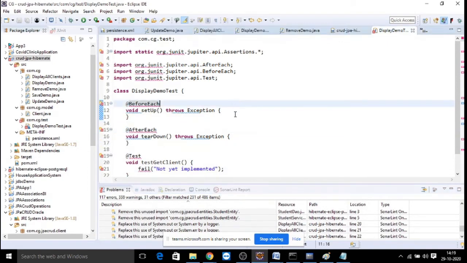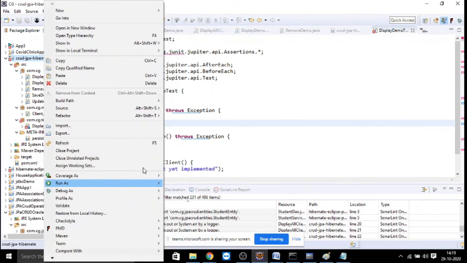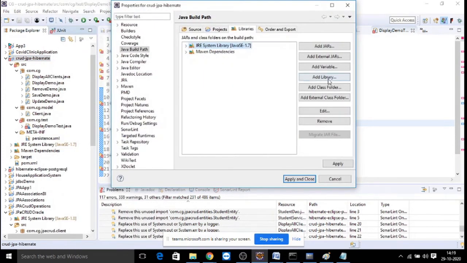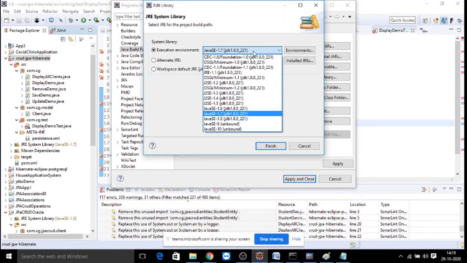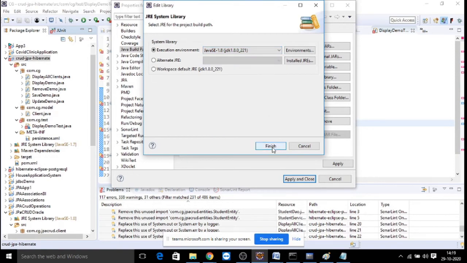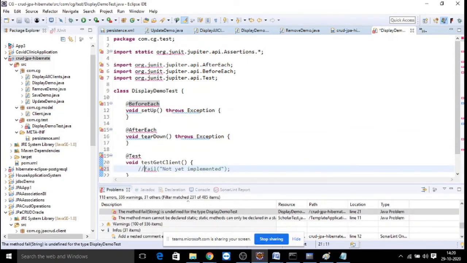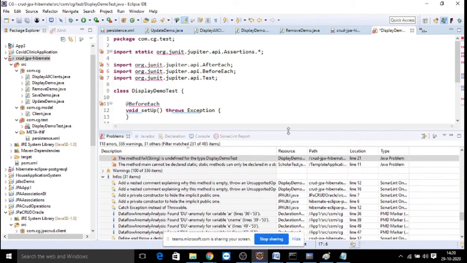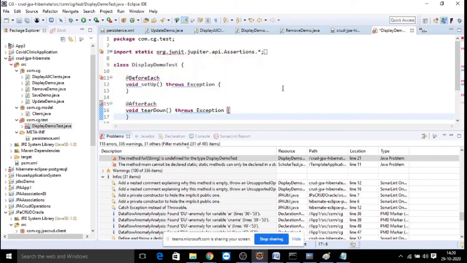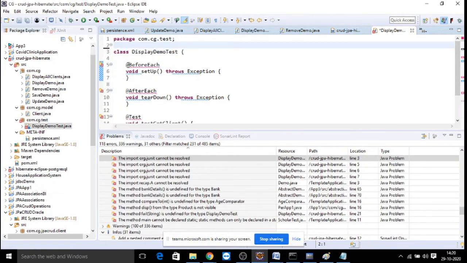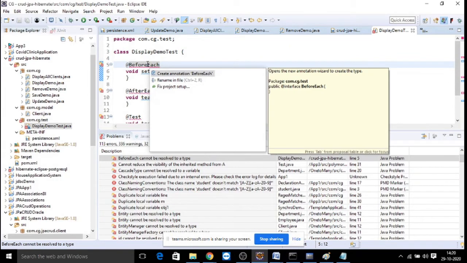SonarLint you can use, or PMD you can use. Still it is taking some time to update.